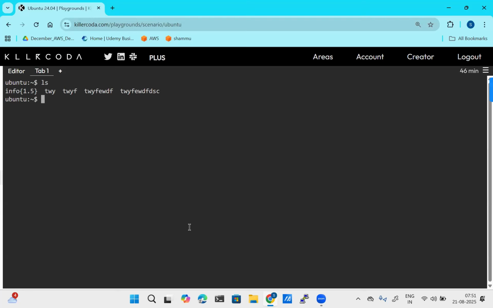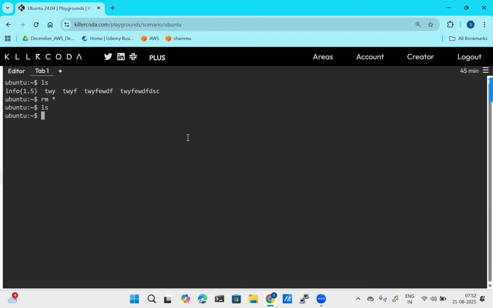So rm, which is nothing but remove, and then star. Star represents all. Hit enter. It was removed. Give ls. I'm not having any files here.